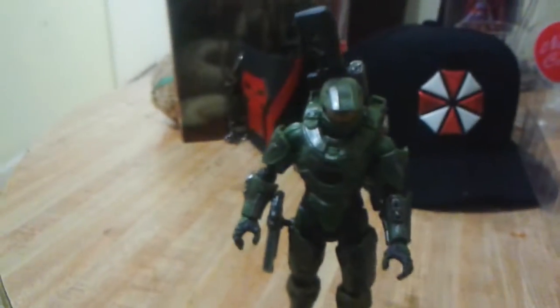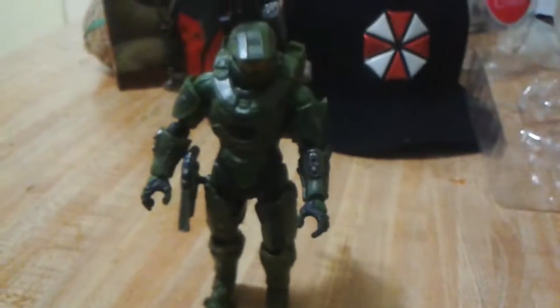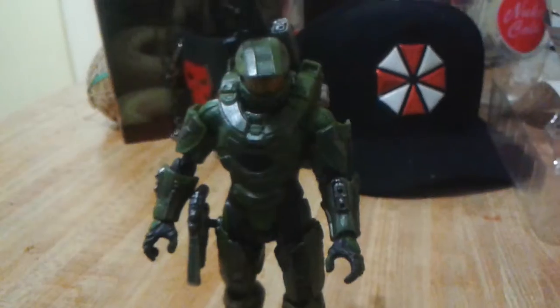Okay, so I'm only going to be showing you this Master Chief figure because that took way longer than necessary. I've got instructions here on what to do, but they can only get me so far with this. I mean, this is a nice figure. I don't know if you can see very well with the light. Let me hold it up to the...